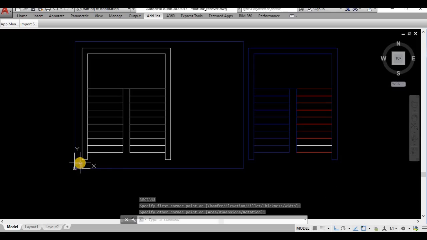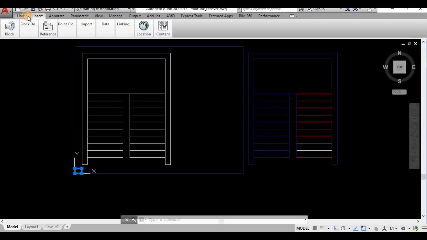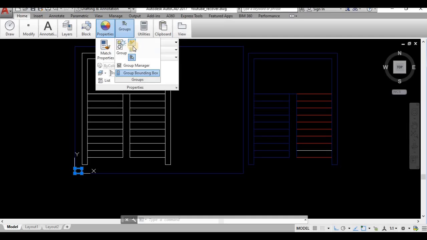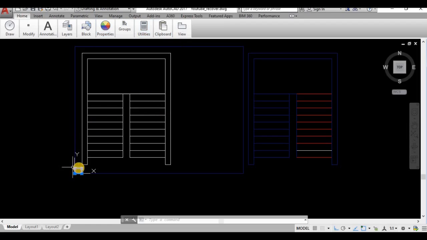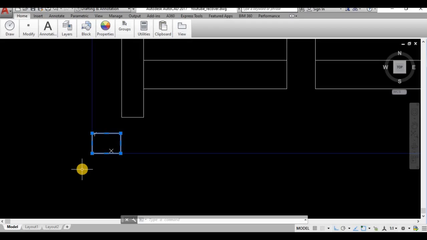Now I need to scale this rectangle. In order to know which rectangle it is, I shall change the color of the rectangle. It is in white color.